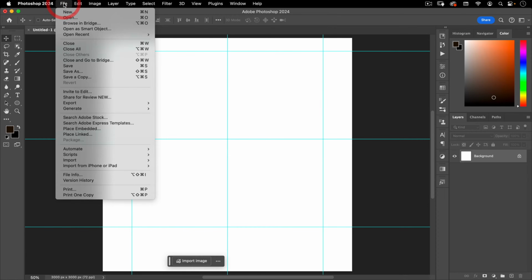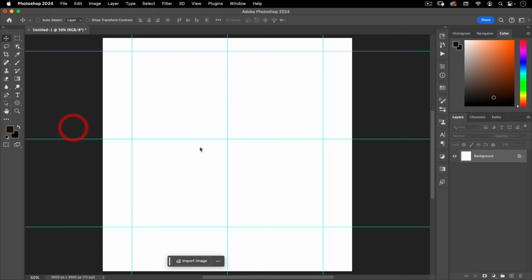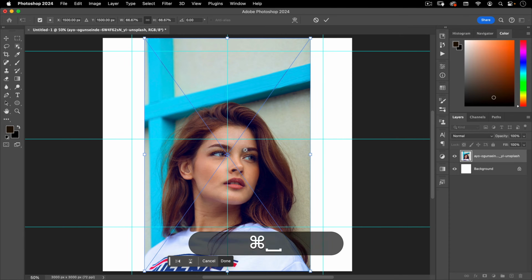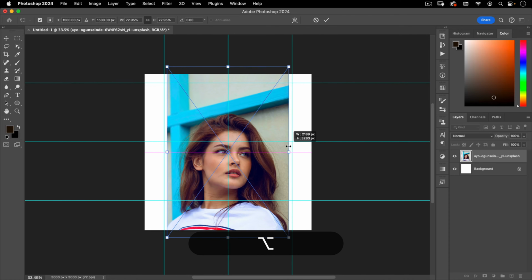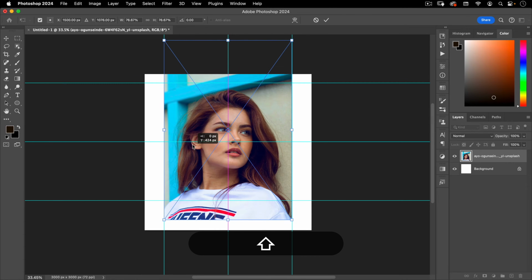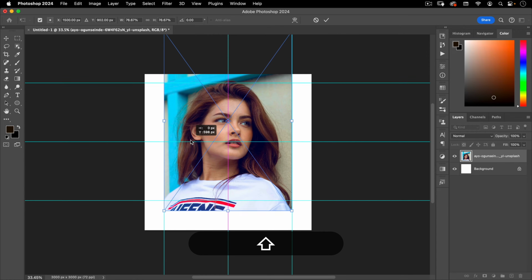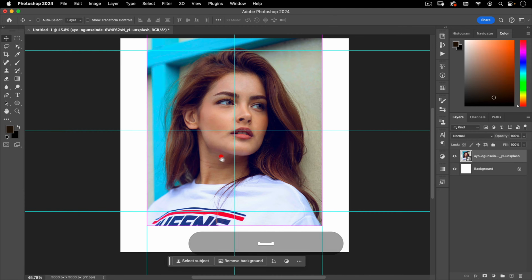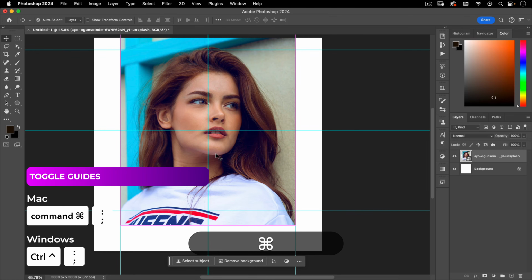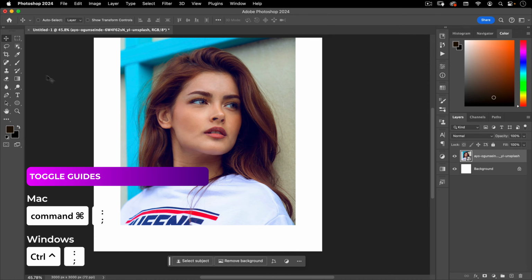Okay, next we're going to do File, Place Embedded, and I'm going to grab this document here from Unsplash. This is the model that we're going to be using for our poster. And here I want to stretch this out so that it goes to the width of our container here, and kind of go toward the bottom as well. So something like this. All right, then I'm going to turn off the guides with Command semicolon